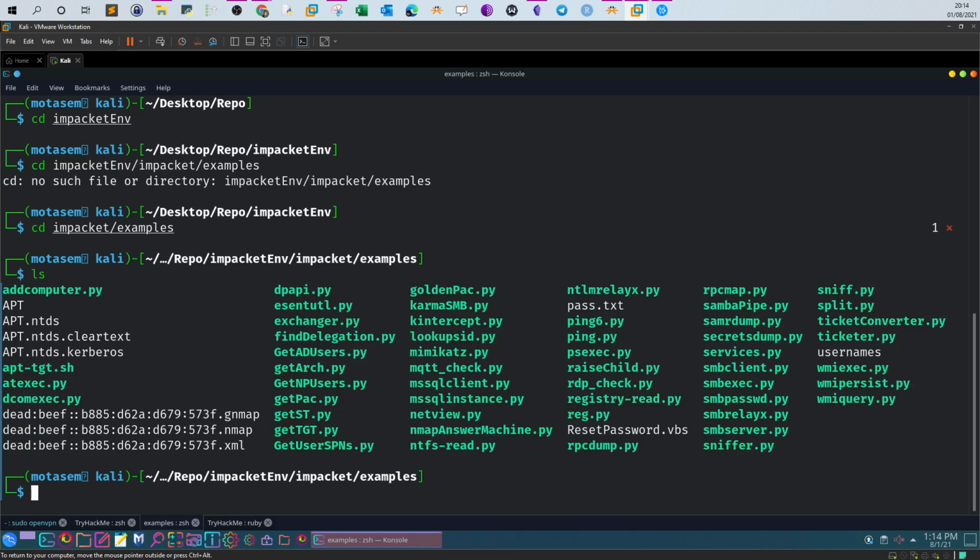So we will use GetNPUsers.py to perform ASREProasting. In the process of ASREProasting, we aim at extracting a hash, okay? The ASREProasting hash. So the command is, let's see, where is the file? GetNPUsers, python3,